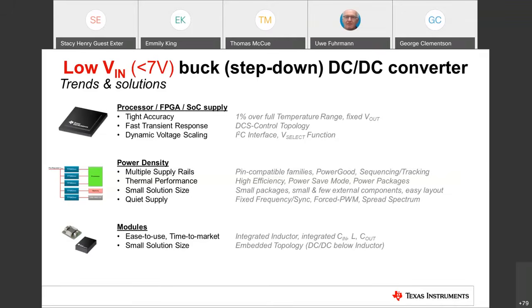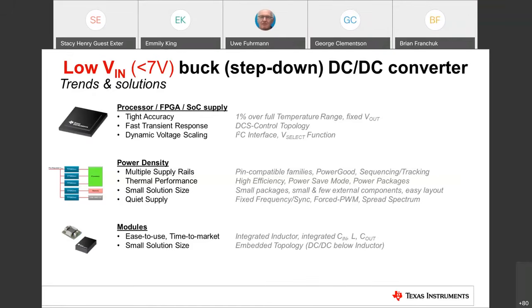And this is also important because when you look at different kinds of solutions on the market, you often see 1% on the first page of the datasheet. But in TI, we also carry that into the parametric tables to having this high accuracy over the full specified temperature range. Another option, of course, having a fixed output voltage version, because then you have the accuracy not only at the feedback pin, but really at the output rail.